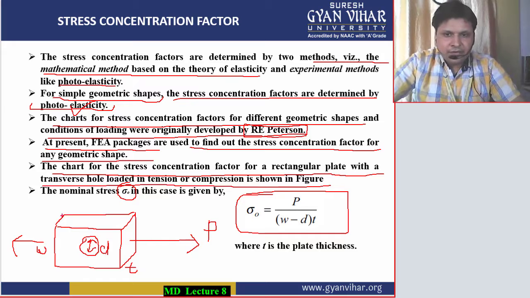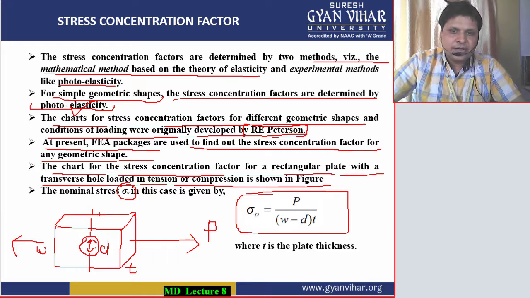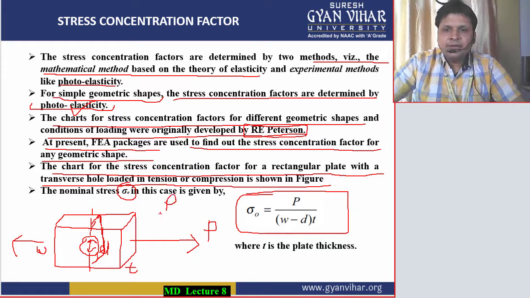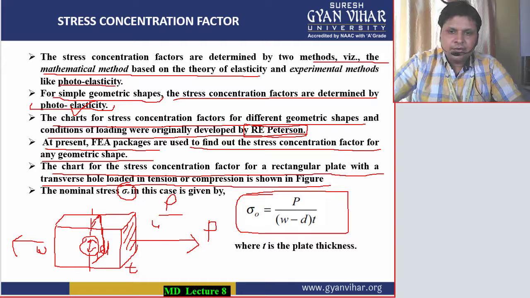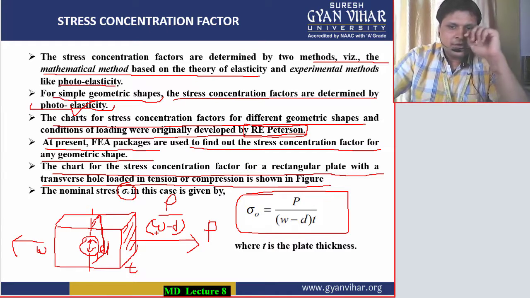So here, if you have to find the stress by the normal formula, we know that stress is basically given by load divided by cross-sectional area. The load is the same everywhere, so in this particular plane also the load value will be P. But the cross-sectional area will not be the same, because now you have a hole in between. So this width will be shortened by the diameter d. W minus d will give you the width at this point of change of cross section where a hole has been drilled.